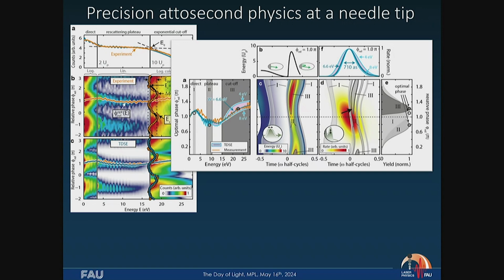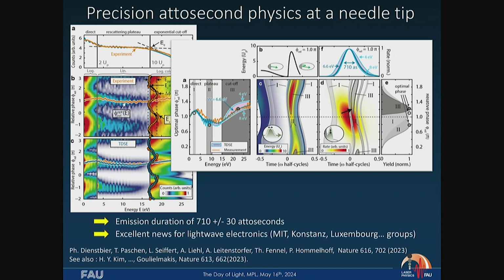And we know exactly where the electrons reach the highest energy. We know exactly when the electrons are emitted. And just by really understanding these spectra, we could, for example, measure the emission duration with an error bar of only 30 attoseconds, just purely optically, just by looking at these spectra, which is great because there are people out there who want to do electronics with these free electrons, and this is the first time that we can tell them, yes, it really works.